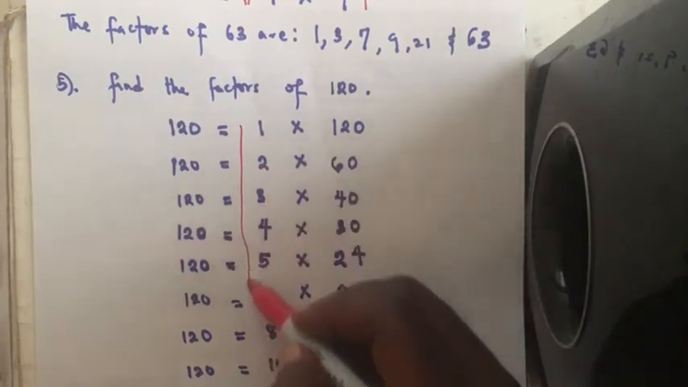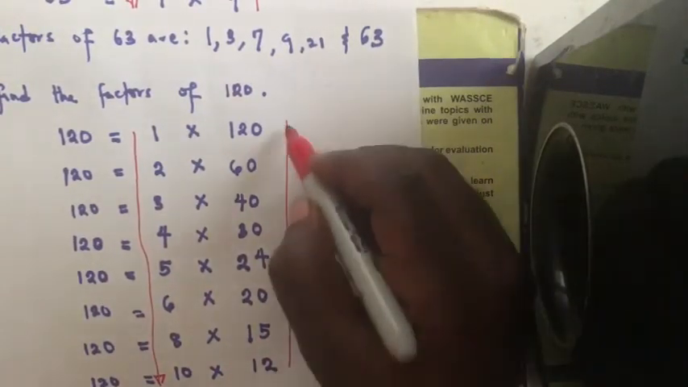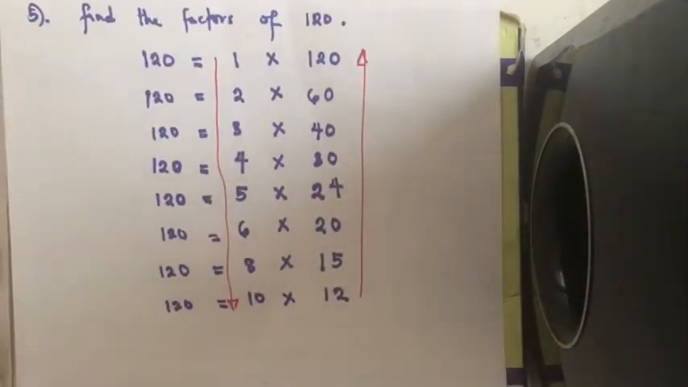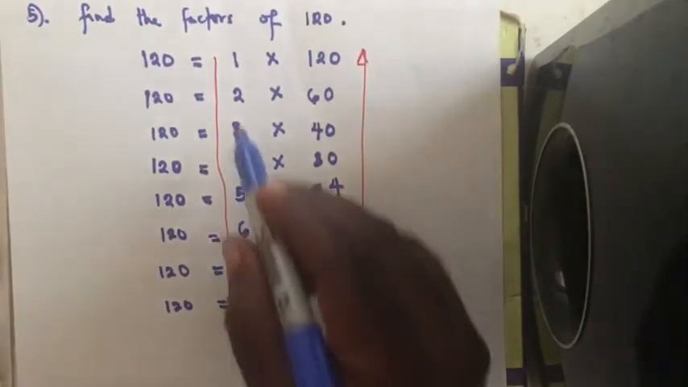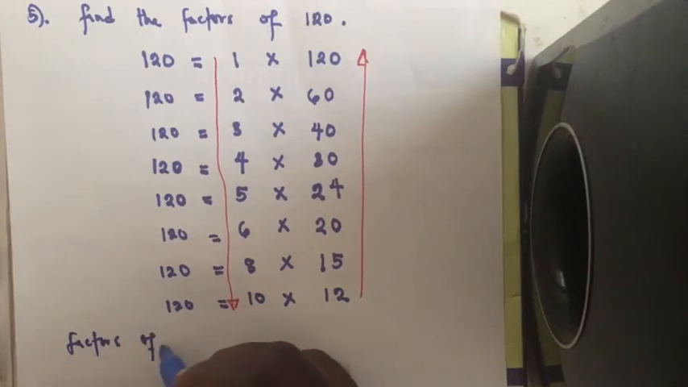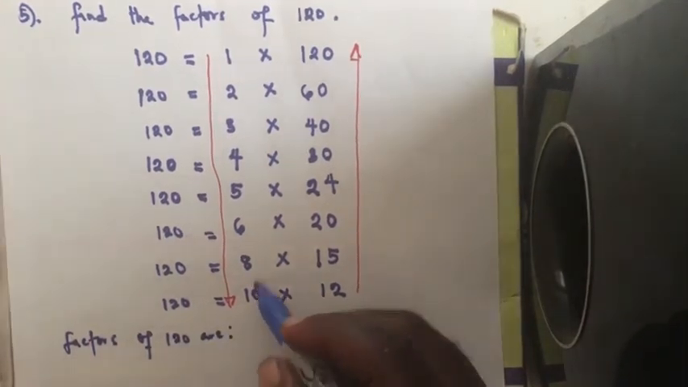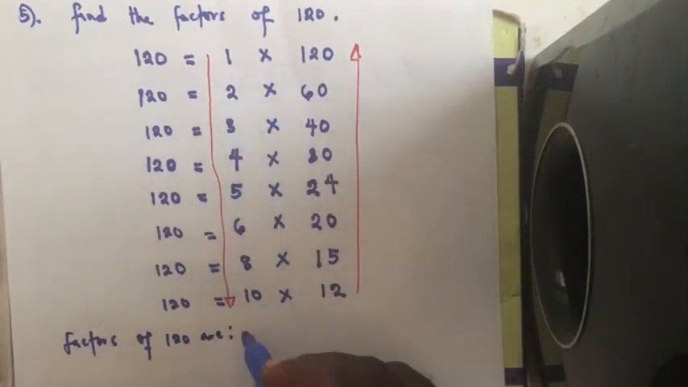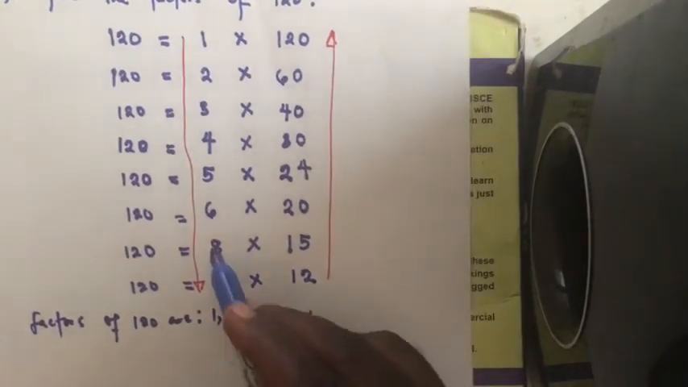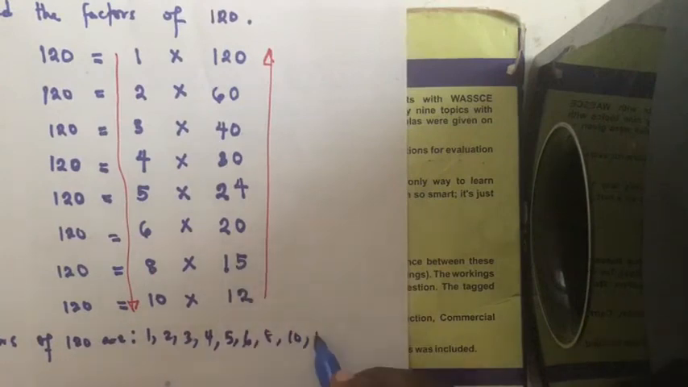Draw the arrowhead pointing downwards. The arrowhead here will point upwards. So our final answer is going to give us 1, 2, 3, 4. Okay, you can now say the factors of 120 are 1, 2, 3, 4, 5, 6, 8, 10, 12, 15, 20,